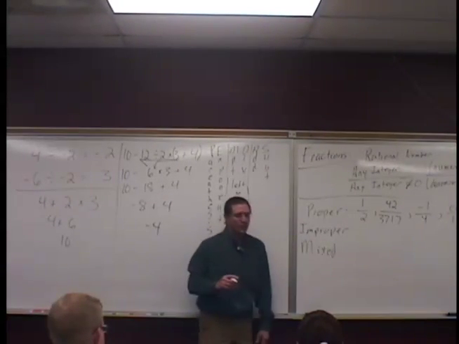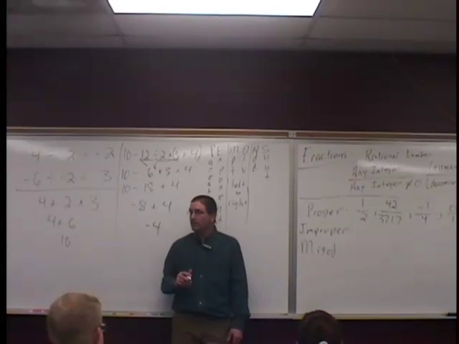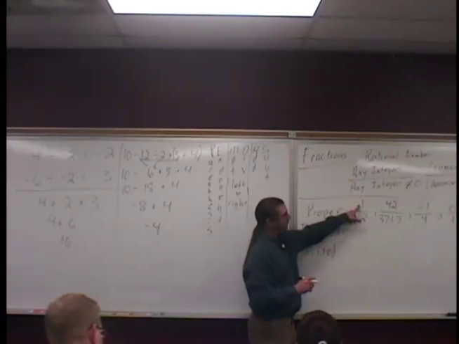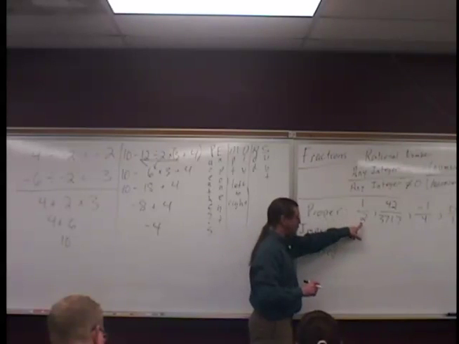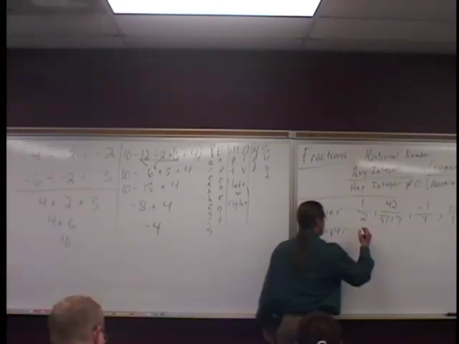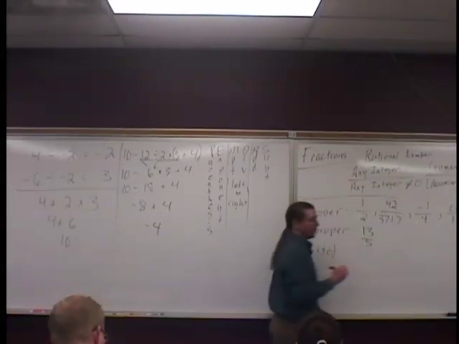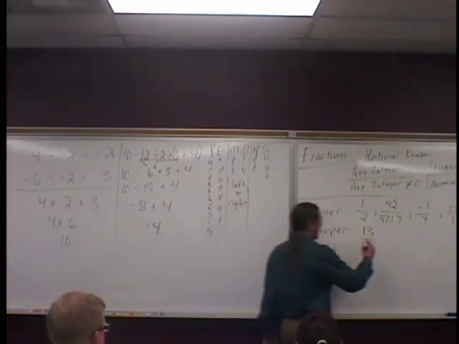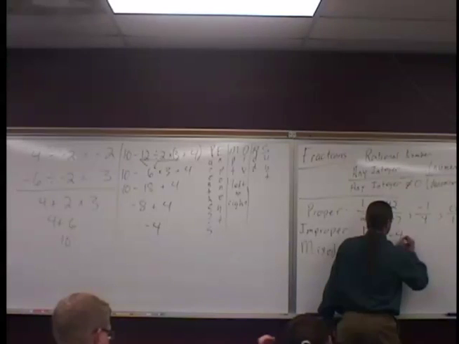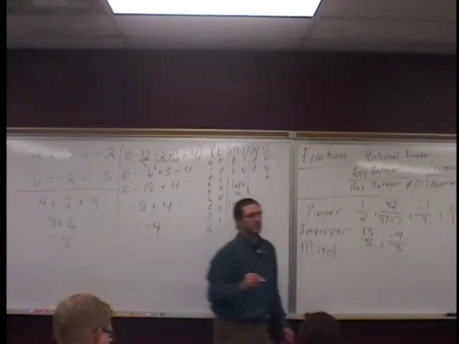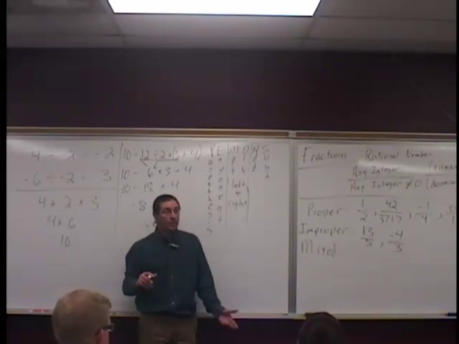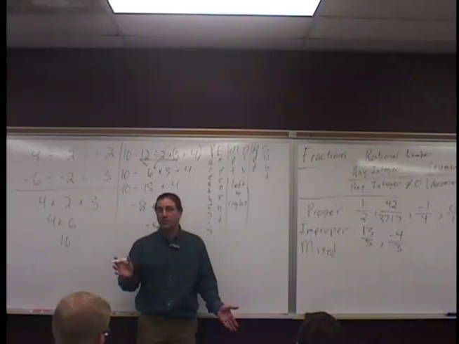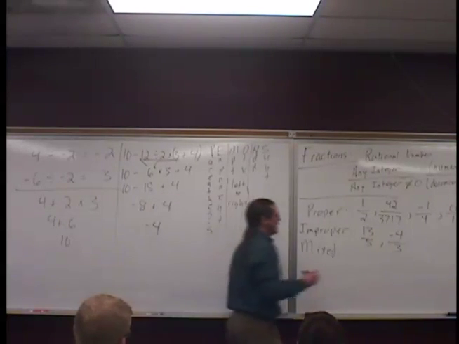An improper fraction is the exact opposite of proper. That means that the numerator is greater than or equal to the denominator. So 13/5 is a very good improper fraction. Again, it can be negative. That just means the number is negative. There's nothing wrong with negative fractions, folks. All right? It could be